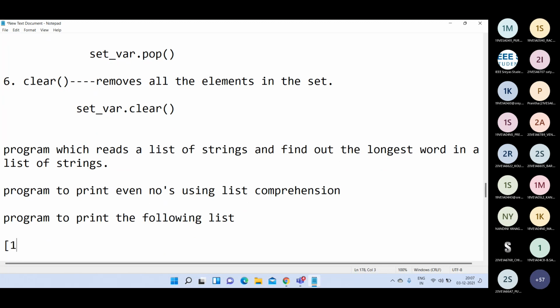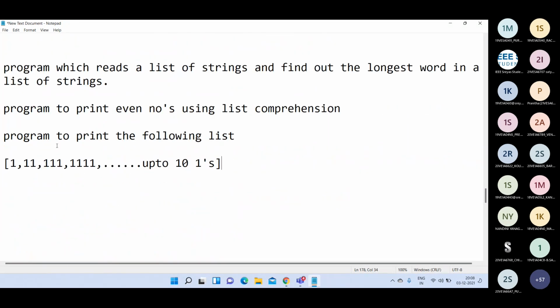The list will be like this: 1, 1, 1, 1, 1, 1, 1, 1, 1, 1, and so on up to 10 ones. I want the list to be a single 1, then 2 ones, 3 ones, 4 ones, up to 10 ones.